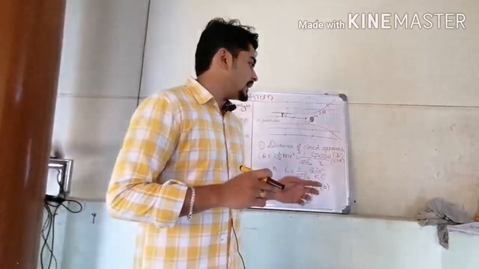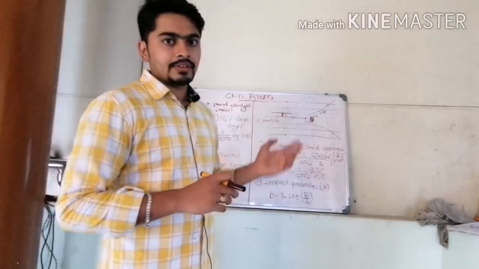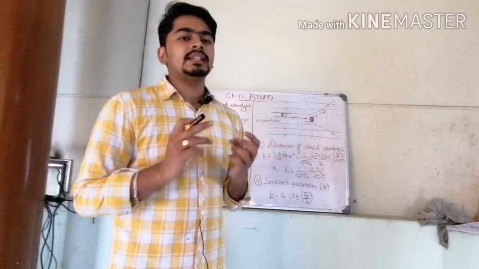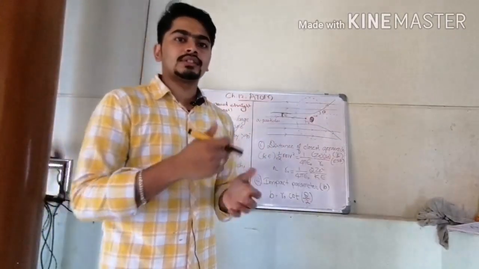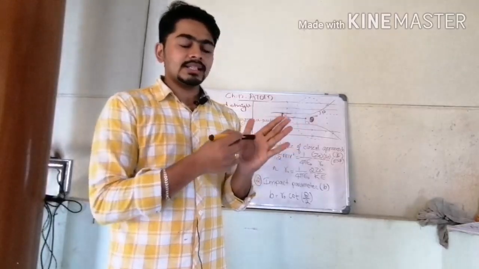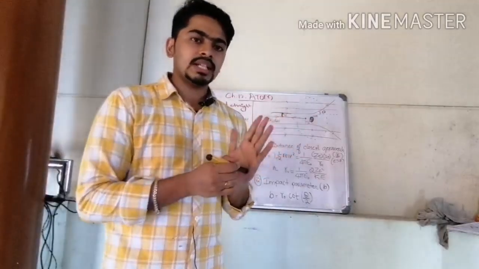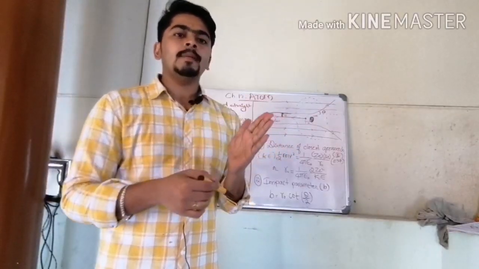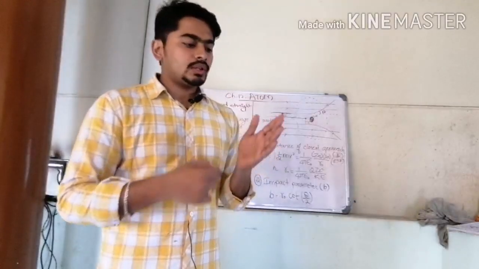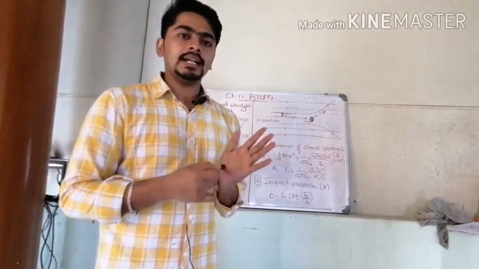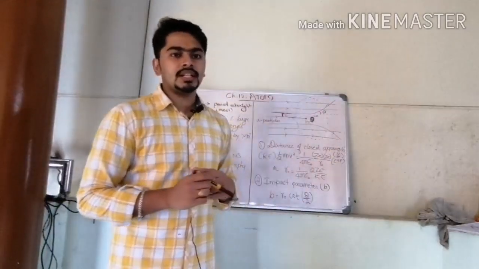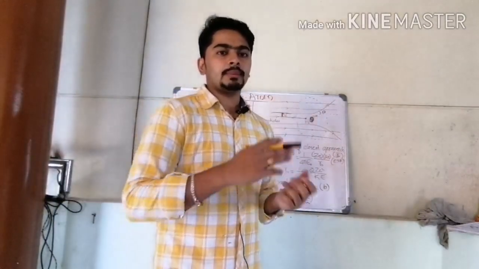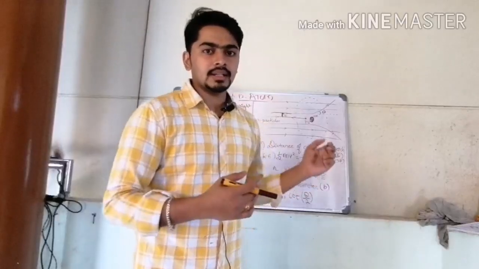And the atom as a whole, if I consider the atom as a whole, it is neutral, means it has no charge. Atom means it consists of the nucleus, which is positively charged, and also electrons, which are negatively charged. So totally, if I consider an atom, it is neutral. These are some of the postulates that I have explained. I am just giving a brief introduction about those postulates.